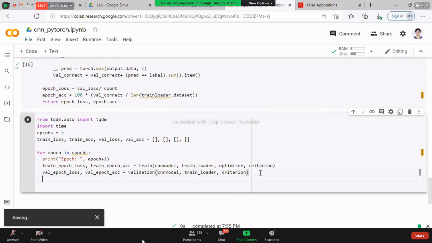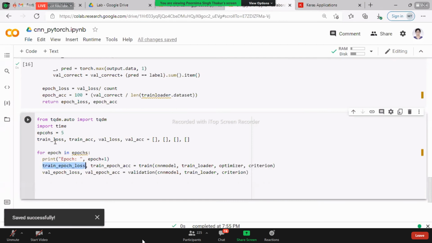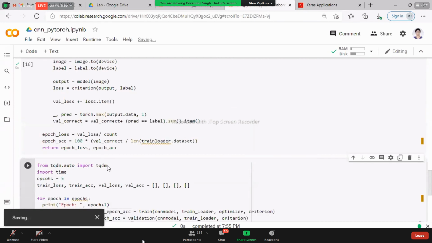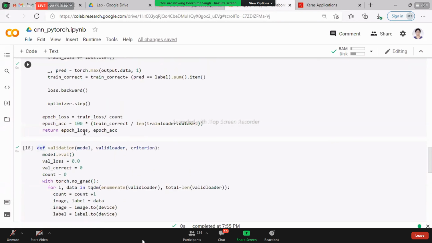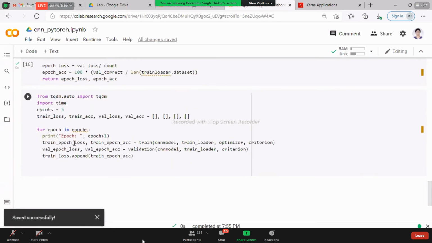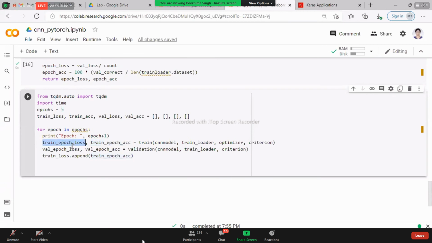Then we have to add these losses in this so that we can further plot the graph. So train loss, it is a list, so we can append the data in it. In train loss, we can have train epoch loss. As we are returning loss first, then accuracy, so it will give us loss first, then accuracy. So in train loss, we have to append the loss,